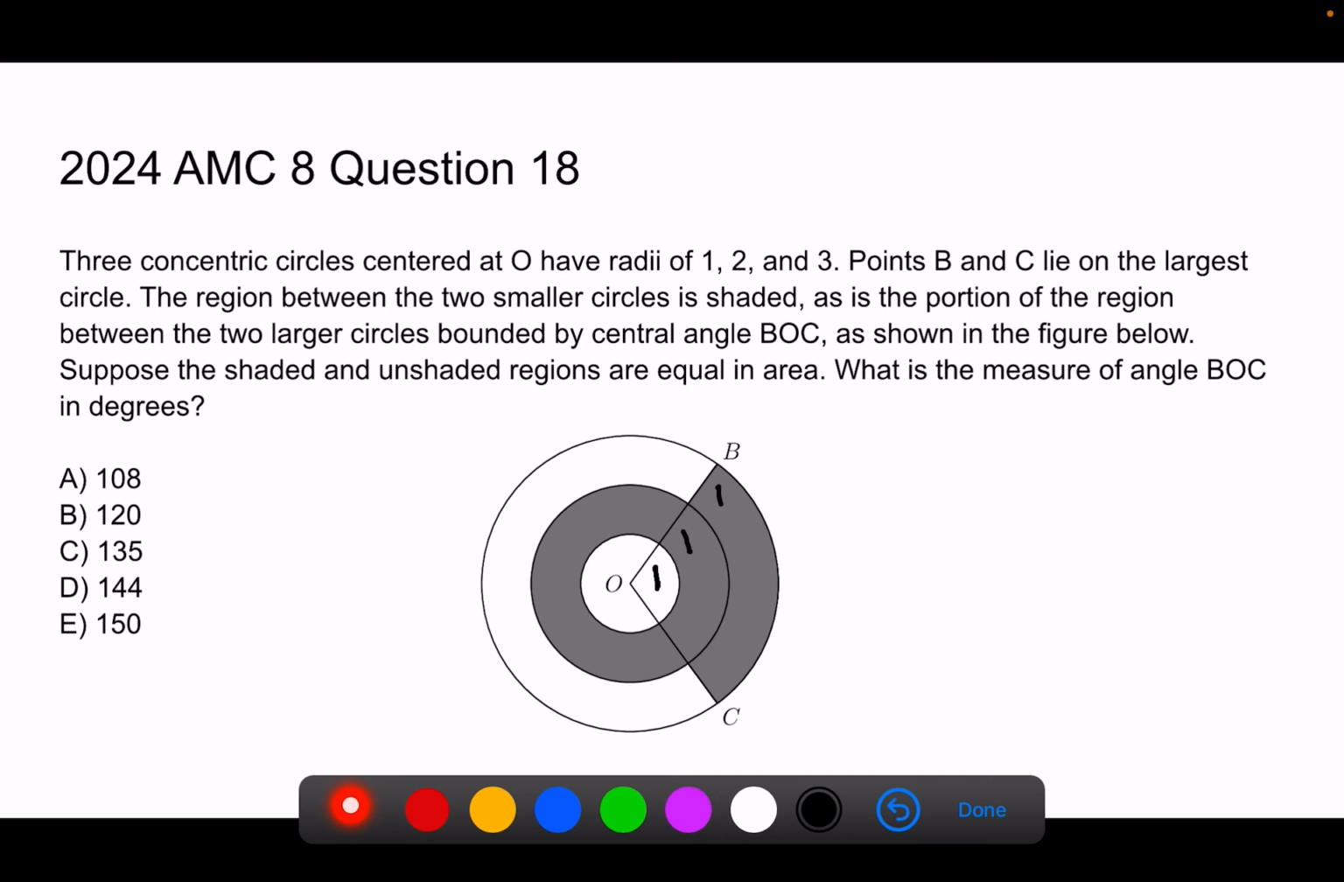Now suppose the shaded and unshaded regions are equal in area. What is the measure of angle BOC? Firstly, this question touches the knowledge of a circle's area and also a portion of a circle's area. So those two are the knowledge part I want to quickly go through, because without that, we can't solve this question. So area of circle